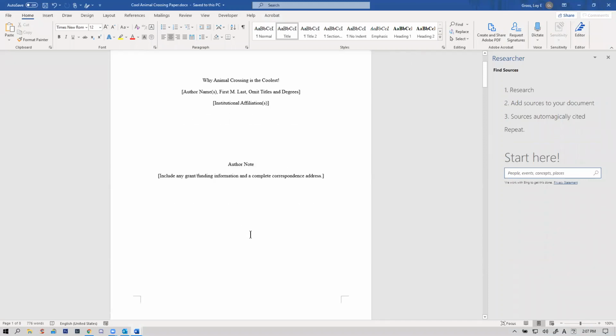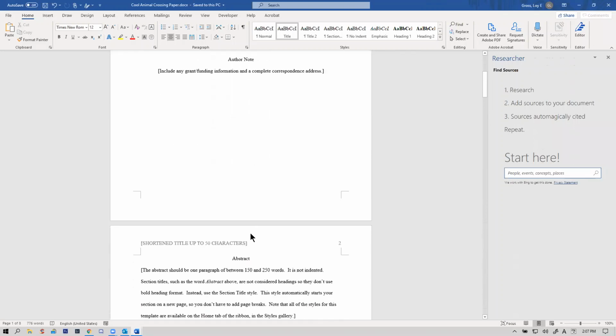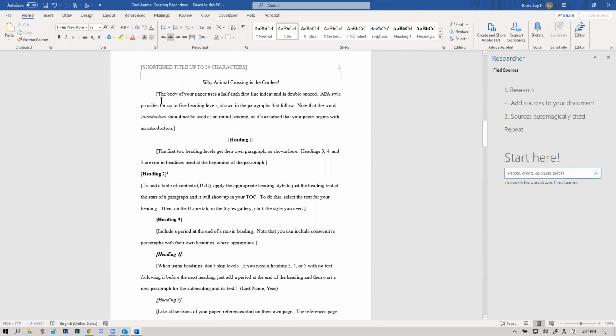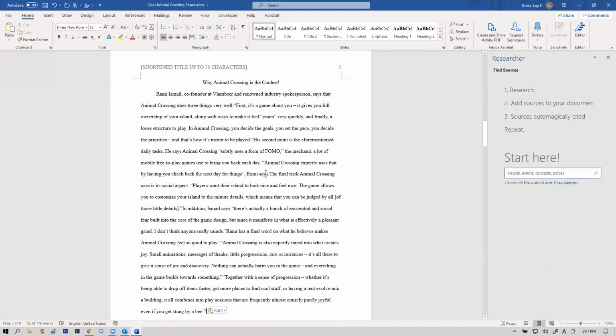All right, so how do we work with our document here? Well, we go in here and we can type, and I'm just going to throw in a whole bunch of text just so that we have something to work with. All right, so we've got some text in there. Let's talk about how we do a few things.